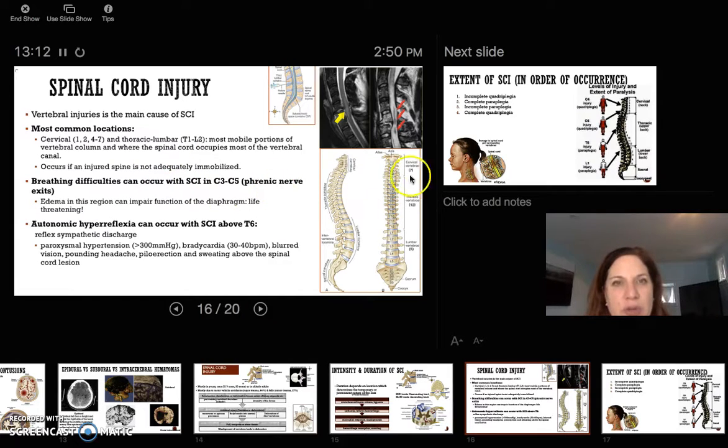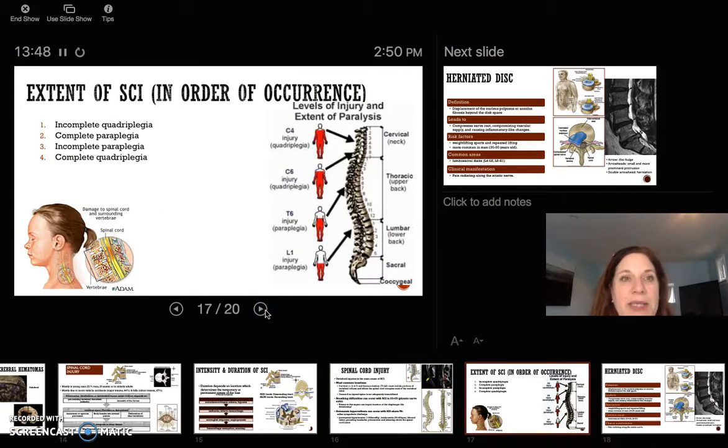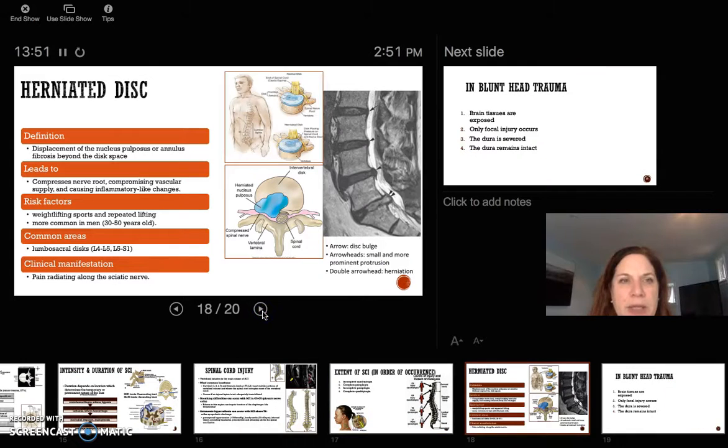If you have damage to the phrenic nerve, which is the nerve that controls my diaphragm to move up and down so my lungs can expand and I can have gas exchange, because I have damage to C3, C5, that may be life-threatening. I may not be able to move my lungs to breathe. That's why you see people that are paralyzed on ventilators, because they've had damage to not only all the muscles that go with respiration, but they also have damage to the phrenic nerves. So we can either see complete or incomplete quadriplegia or paraplegia, depending on where it is.